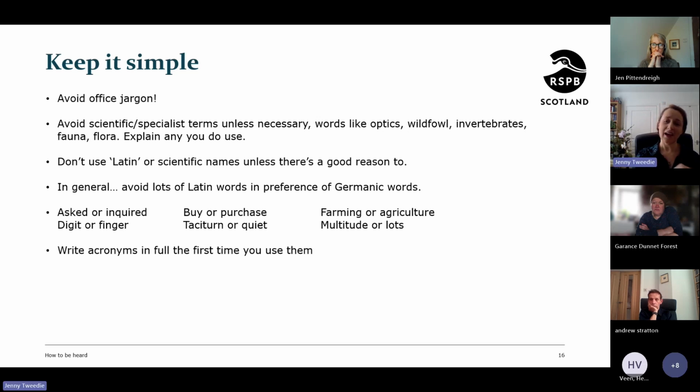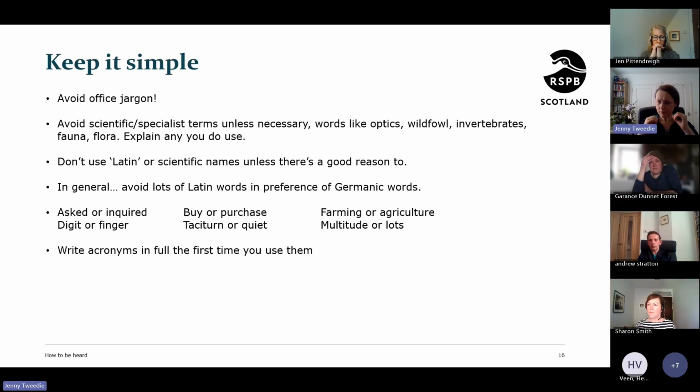And in fact, as a rule, Latin words, so you probably know our language has come from a whole load of different languages in the past coming together. So Germanic languages, which is your Scandinavian languages and German, and also French. And we've had a lot of Latin influence as well, the scientific terms. And you see the different words in modern English which have come from these roots. And often the better words to use when you're talking, the plainer words, if you like, have come from a Germanic root.